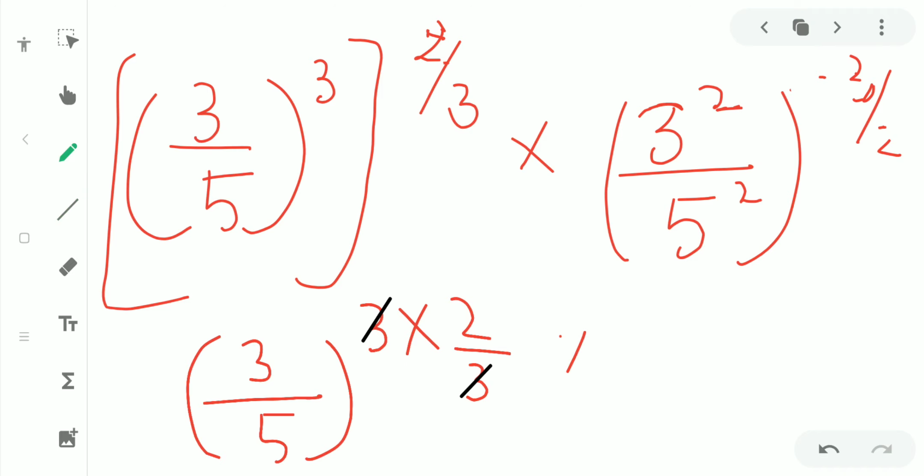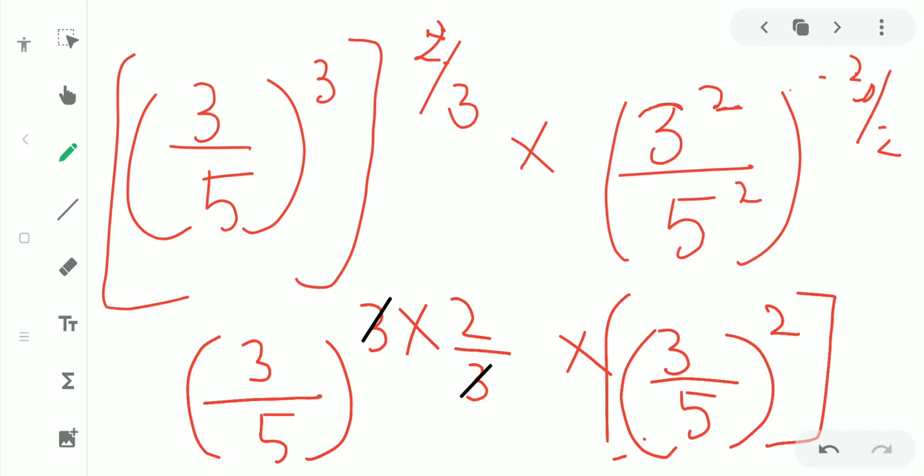and multiplied with, I can write 3 by 5 whole square, on applying the same formula a by b whole power m is equal to a power m by b power m, and whole power minus 3 divided by 2. Here on cancelling 3 and 3 we will get 3 by 5 whole square,